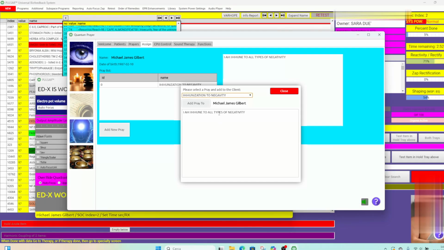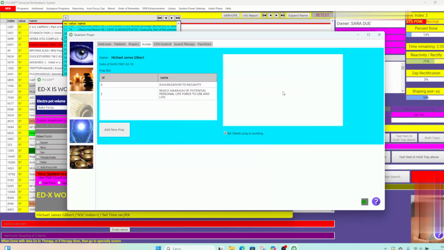And here we can also assign to the client the prayer about life force. My total life force is free and available for me in a sure and easy way. Okay, so this program will send these intents, two intents, two prayers in this sense, in the subspace